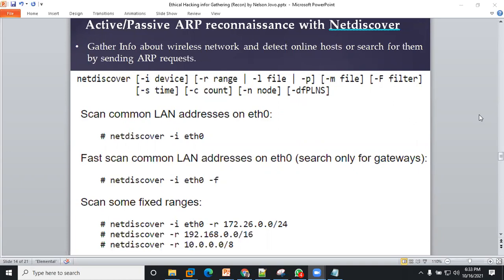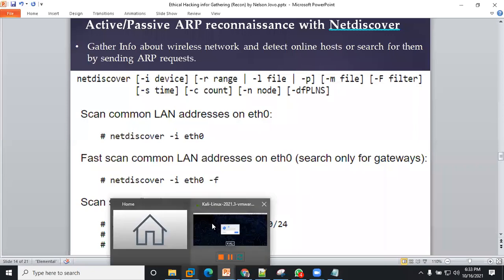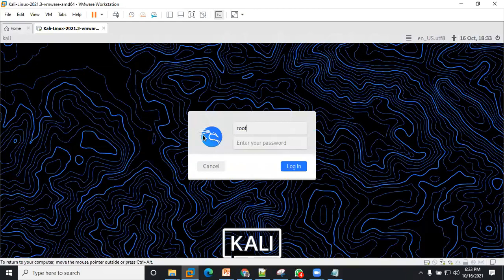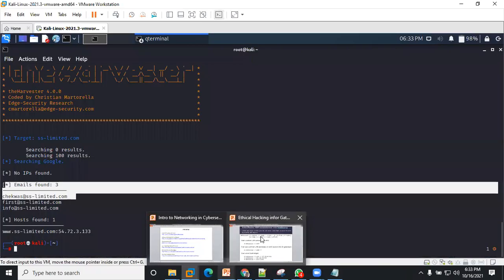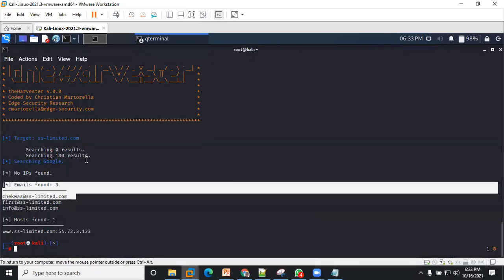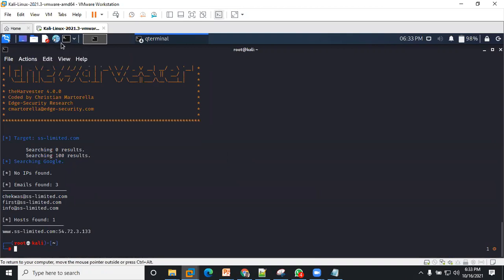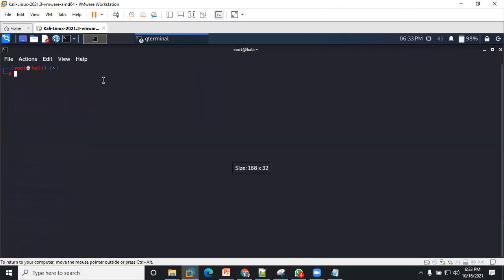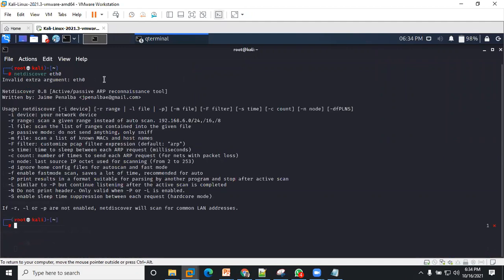All right, okay guys. So like I'm saying, most times I feel it's good to practicalize so that you see what I'm doing. Netdiscover is basically used like an IP scanner. I'm just going to open another interface. So if you do netdiscover, then your interface, I think I need to put in -i.